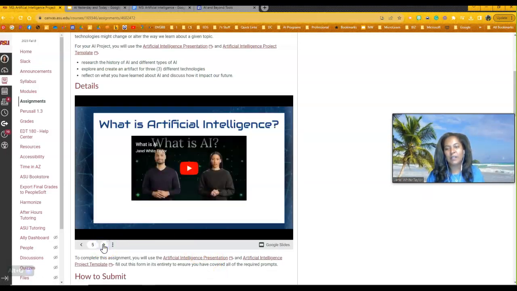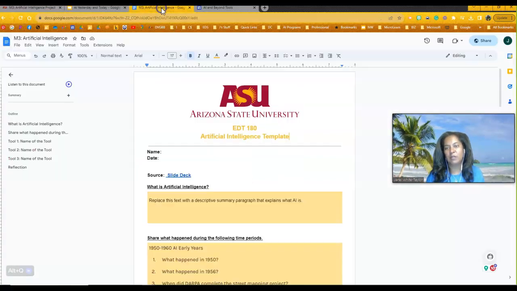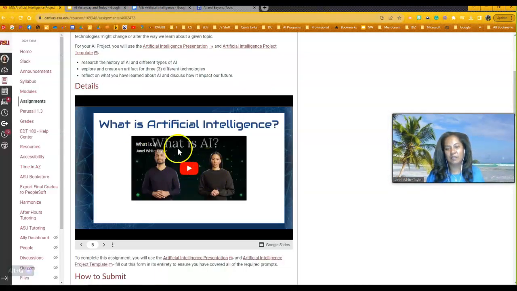In part one, again, I'm giving you the software so you can play around with this. There is a free piece to this. There's a trial. It's like 15 days, so you can play around with it. It's a really cool tool. So you can learn how to use it, but this is one of the tools. But you're going to watch the video. So as you watch the video, if you go into your template, you're going to answer the questions here. So you'll notice, what is artificial intelligence? And if I click back here, there's the video. So again, if I click to the next one,